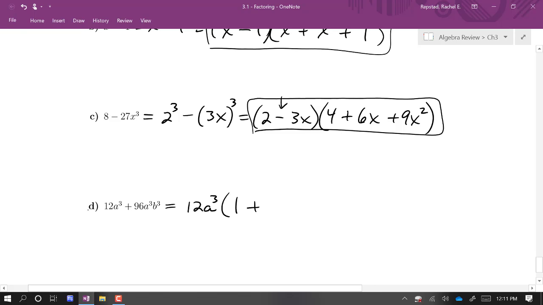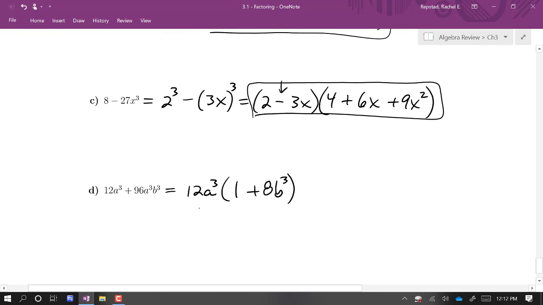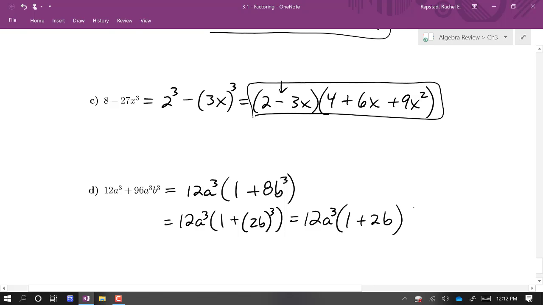let's see, if you take 96 and divide it by 12, you get 8, so this is 8b cubed, and 8 is a perfect cube, so that means this is 12a cubed times 1 plus 2b all cubed. So 12a cubed, bringing that factor over, and I've got a little factor, 1 plus 2b, and